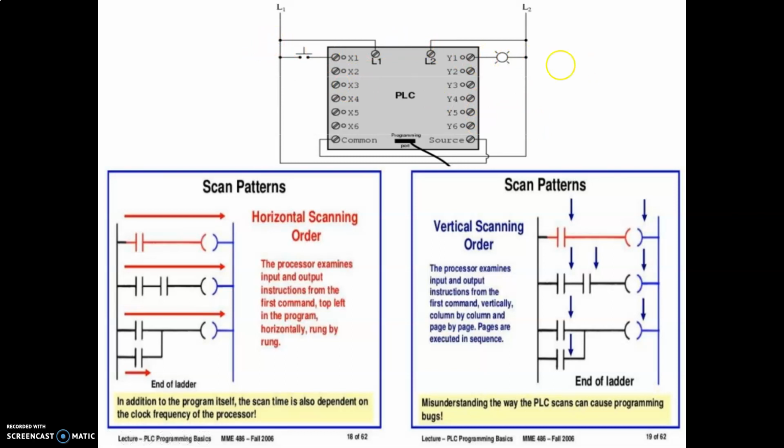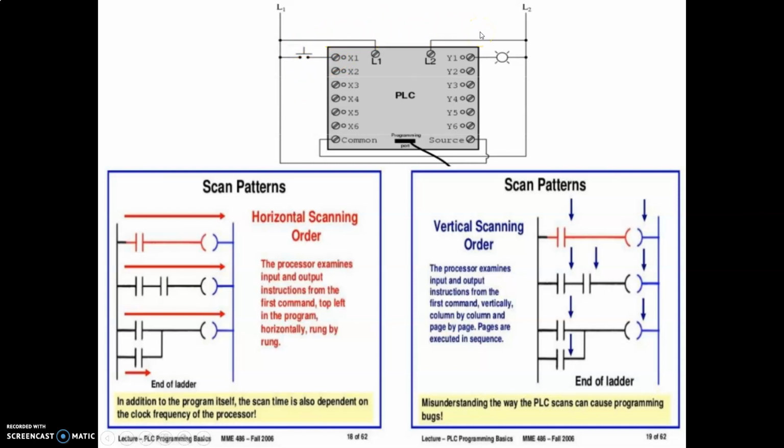So to understand that, we have a certain kind of pattern. Now this pattern is important to understand, because only then will you be able to understand how the logical description occurs. So what happens is that if you have multiple connections here, then the program will first take place in the horizontal direction. Now all this horizontal direction is called a rung. So it takes place along the horizontal direction.